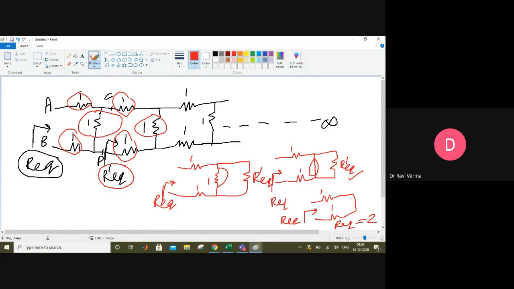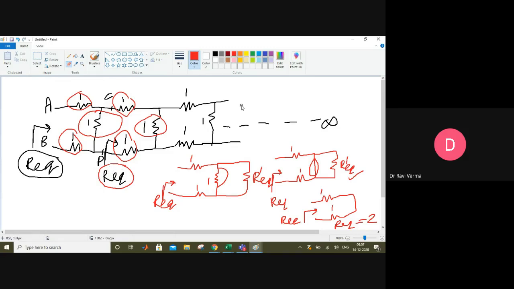Now what I have done, I removed the short circuited part. So you have to find the expression for R equivalent. What will you get? Sir, R equivalent equals root 3 plus 1. Root 2 plus 1, correct. So now these values will no longer be R equivalent prime. Now all the functions are the same. So this will be R equivalent.